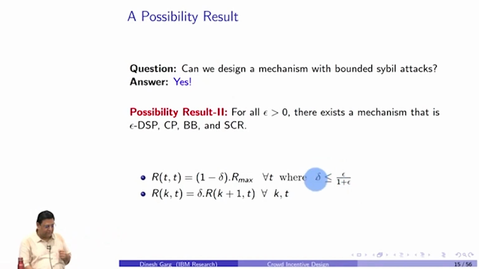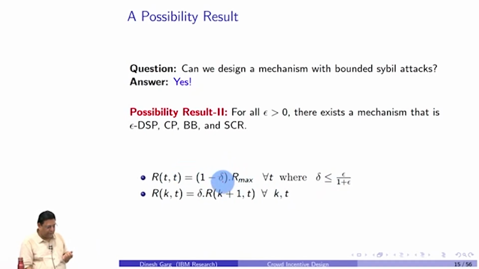So then you take some delta which is of this type. If you fix the epsilon, then your delta will get decided based on this epsilon. And then any internal node, any non-leaf node, you give delta fraction of the child reward. Like there we were giving half of it, right? Delta was half. Here delta will not be half. And why was delta half? Because epsilon was 1 there. So if epsilon is 1, this is 1 over 1 plus 1, this will be half. Am I right?